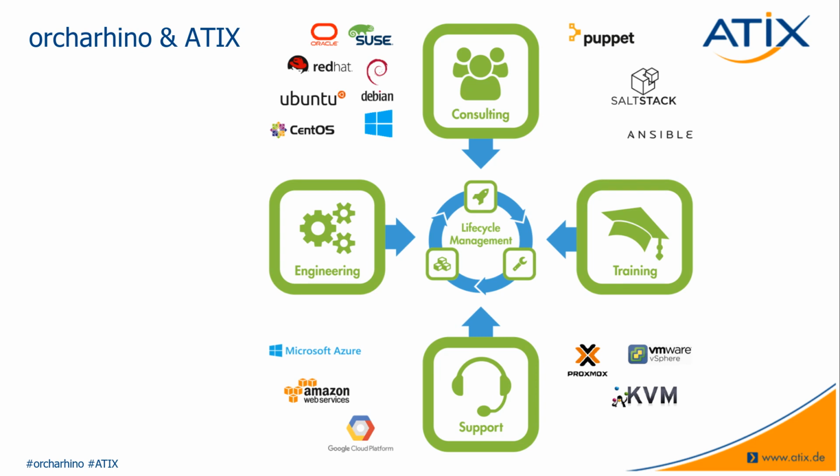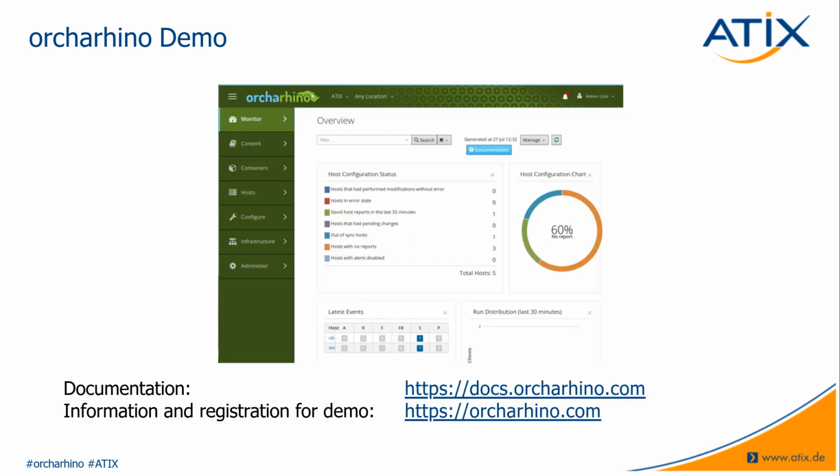So Orcharhino is based on the open source platform Foreman Catalog, which basically is bleeding edge and sometimes has bugs which have to be fixed and normally will only be fixed in a new version. So we backport them, and this way we are sure that we only provide stable versions. But we also provide or develop